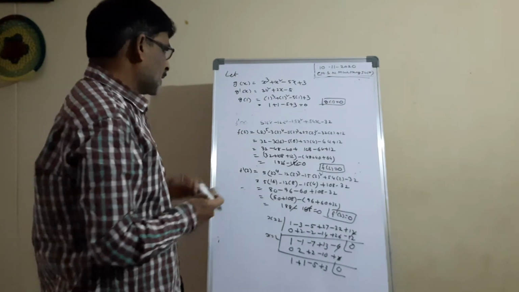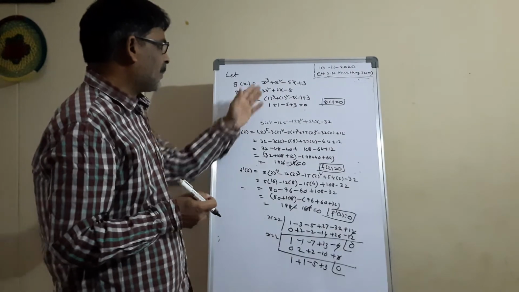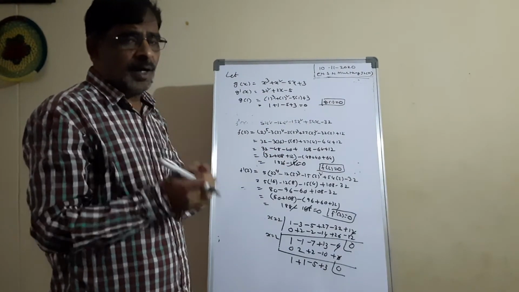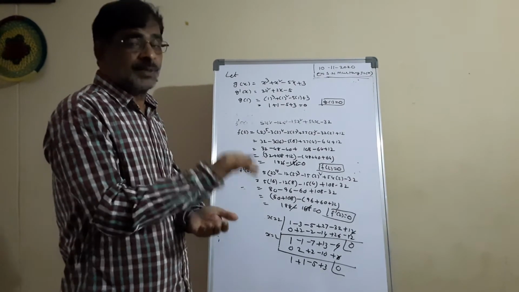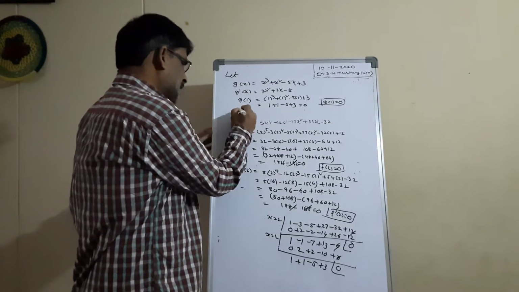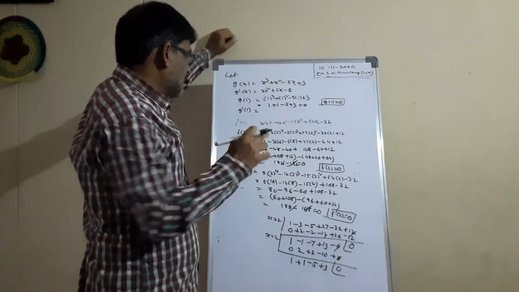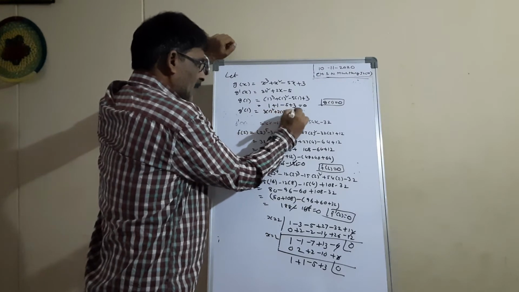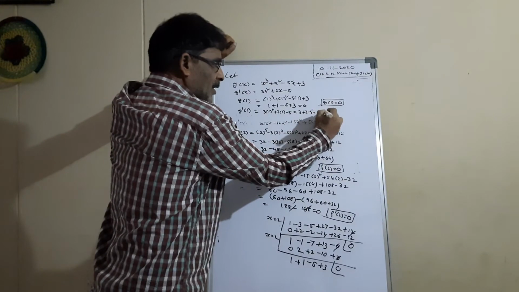So g of 1 equal to 0 means 1 is the root of the function g of x. Okay? Without doing the problem, we can say easily the answer by applying the sum of the coefficients in the given expression or polynomial or equation is 0. X minus 1 is a factor. We studied this point in our 10th class in the Remainder theorem chapter. Now again you test it for g dash 1. You substitute 1 in the g dash function. It is 3 into 1 square plus 2 into 1 minus 5. Again 3 plus 2 minus 5. 5 minus 5 equal to 0.